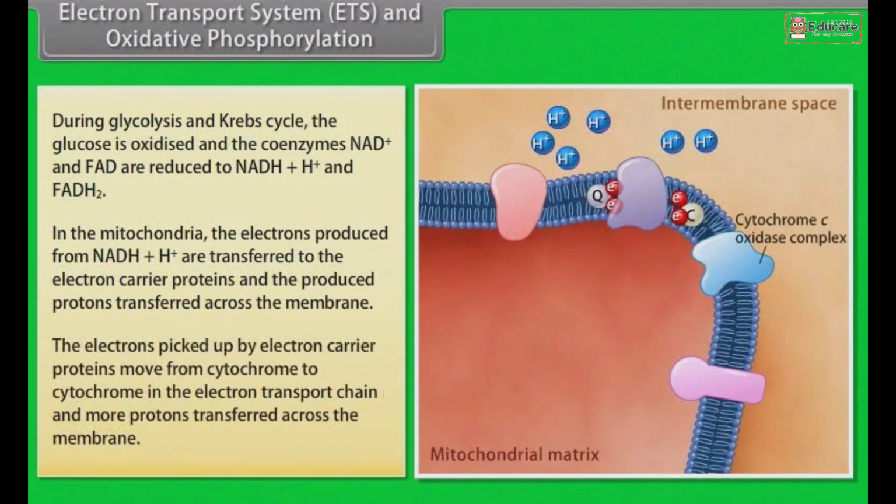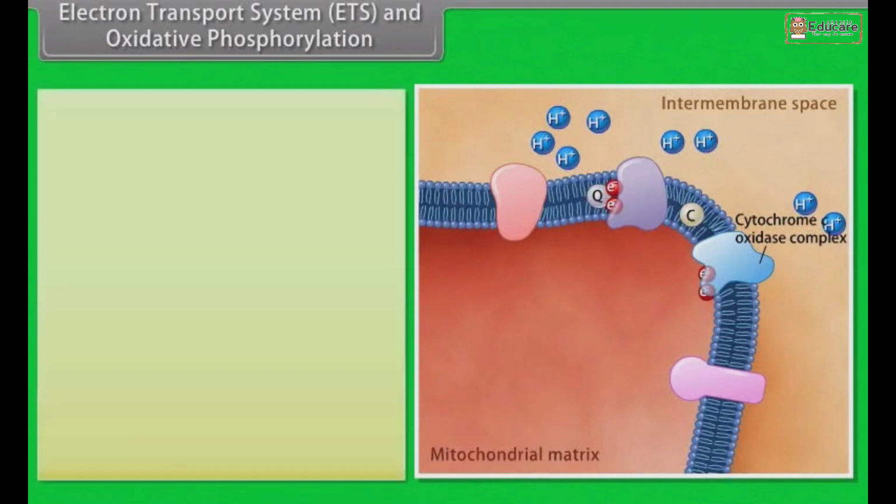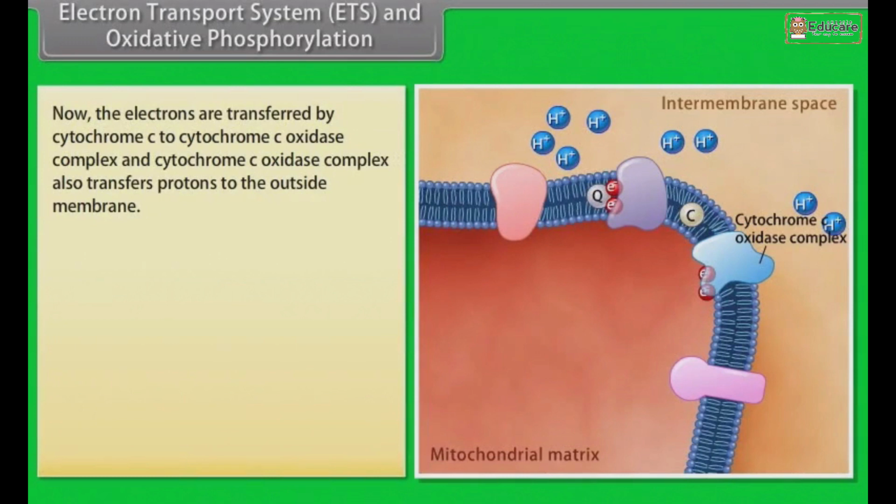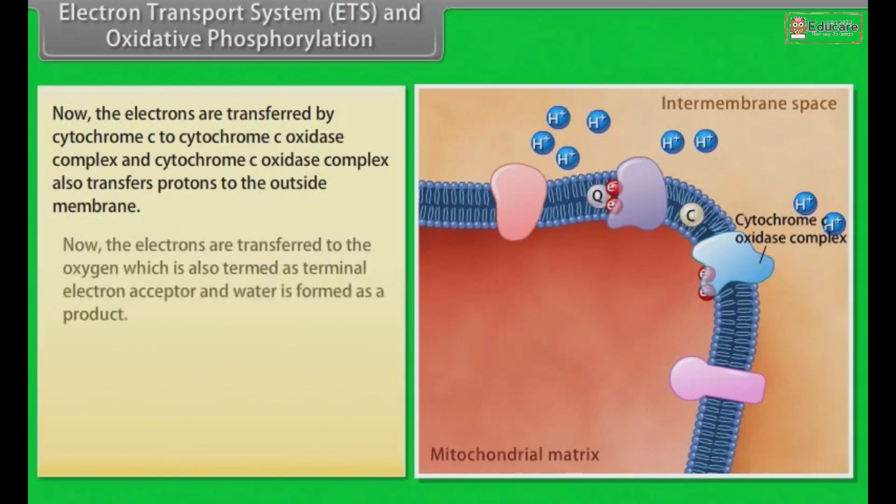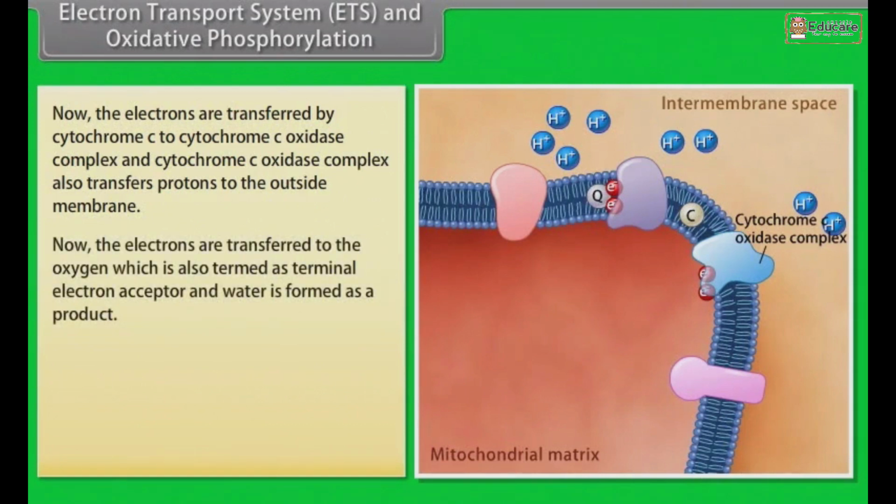The electrons picked up by the electron carrier proteins move from cytochrome to cytochrome in the electron transport chain, and more protons are transferred across the membrane. Now the electrons are transferred by cytochrome C to cytochrome C oxidase complex, and cytochrome C oxidase complex also transfers protons to the outside of the membrane. Now the electrons are transferred to the oxygen, which is also termed the terminal electron acceptor, and water is formed